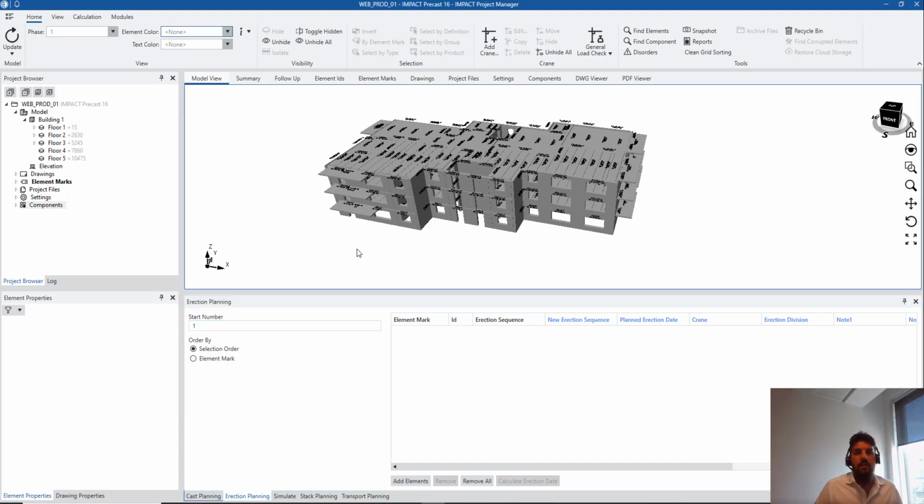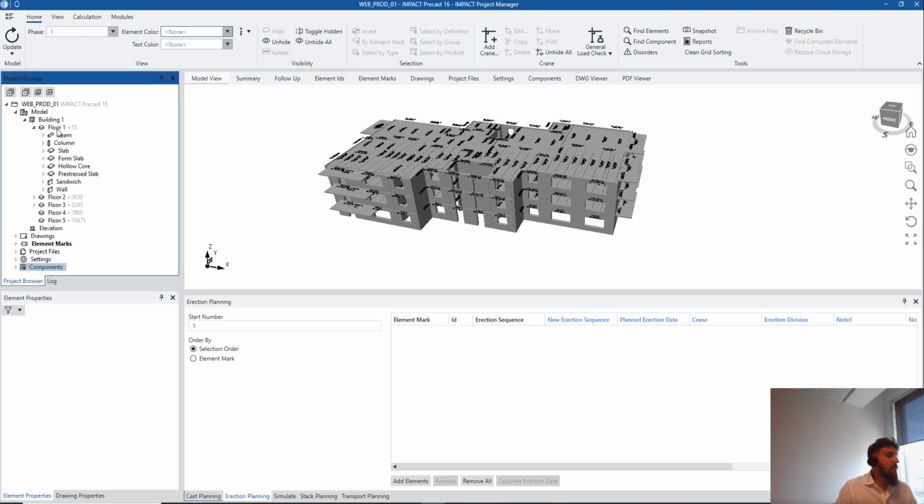The next part, erection planning. Why is erection planning important? Because erection planning helps us, from the project management perspective, show an initial way of producing the elements, of building the project. Building the project means delivering the elements, meaning that it will help a lot having a specific term on the things that we want to add. So floor 1, let's go to floor 1,